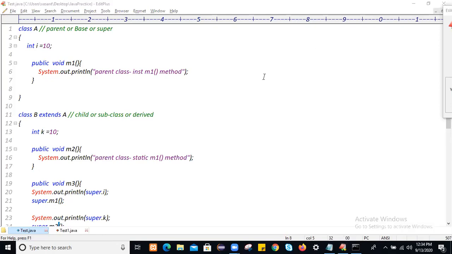As we know, using super keyword we represent parent class members.